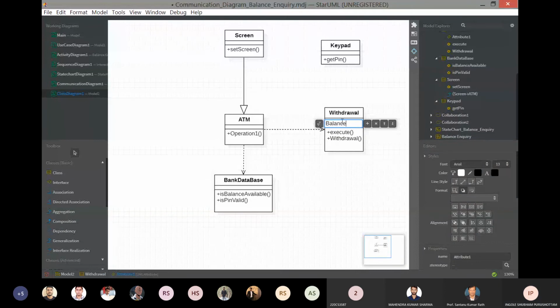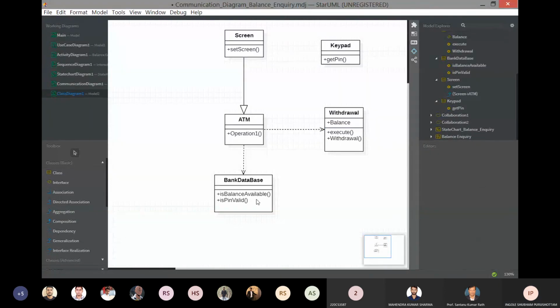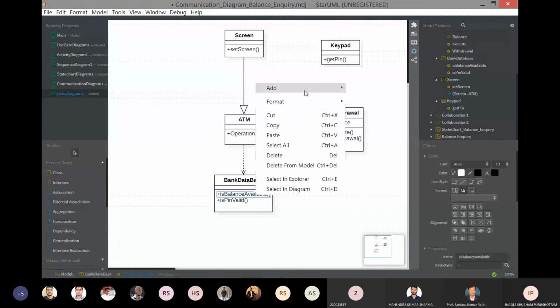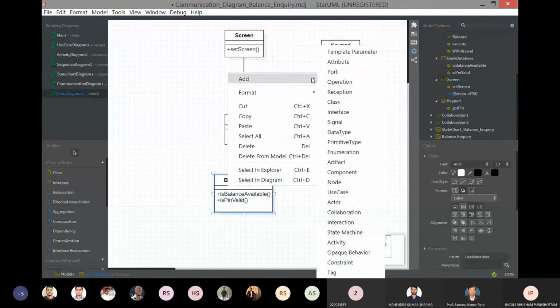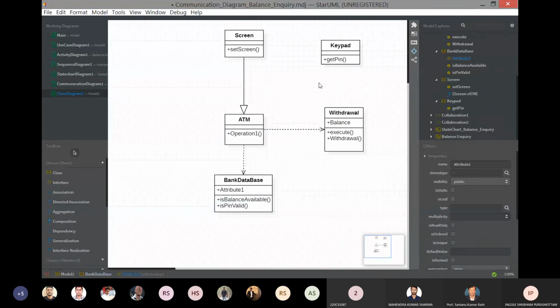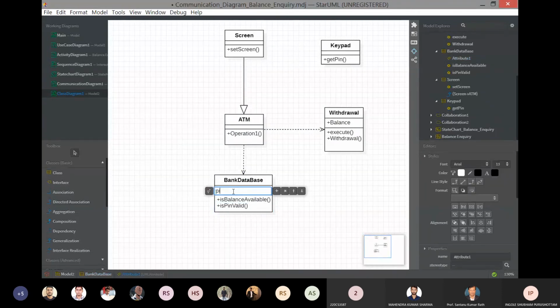Balance is the attribute. Pin is the attribute.